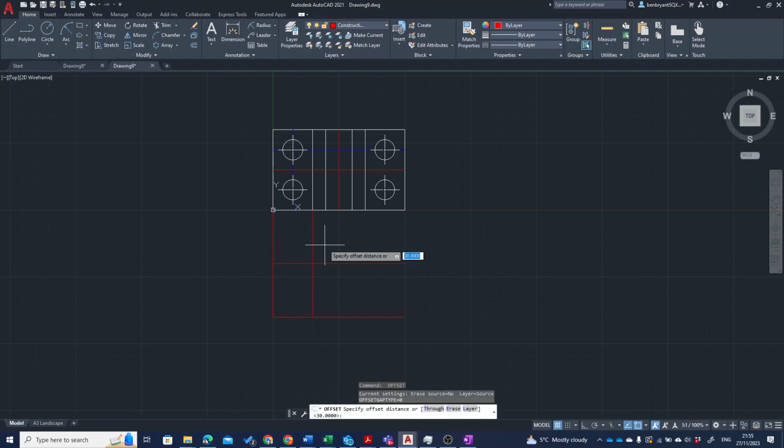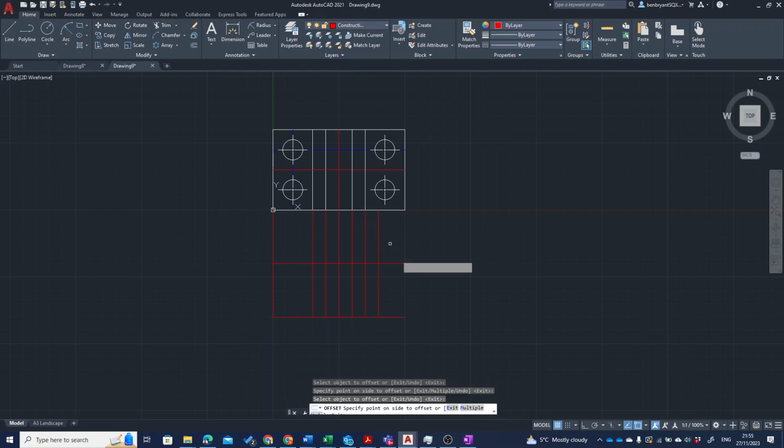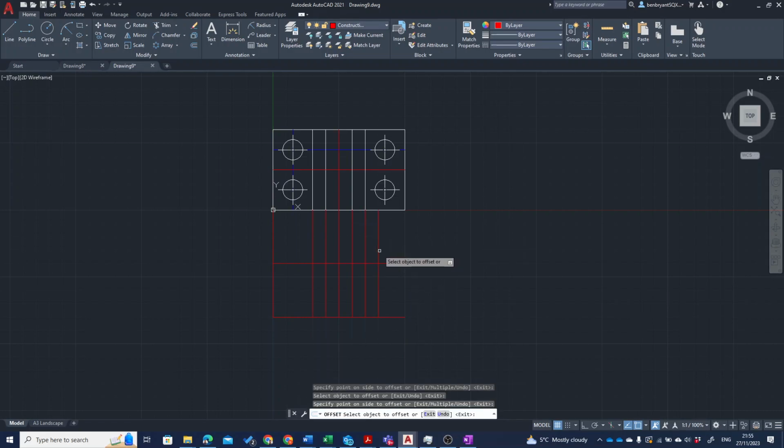I'm going to offset 10 first, then the 20. 10, which matches over 10. 10 should then get me to the center point. 10 should then get me to the other side, so that bridges the 20. 10 back, and then it should be 30, so I'm going to be lazy here and just click 3 times